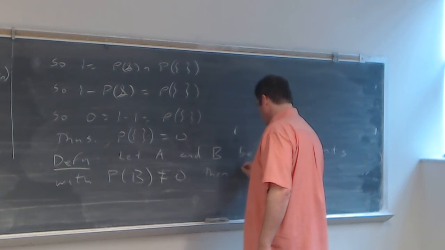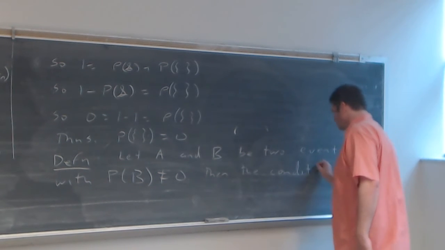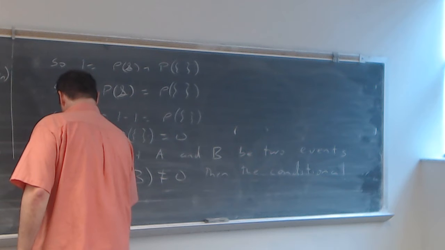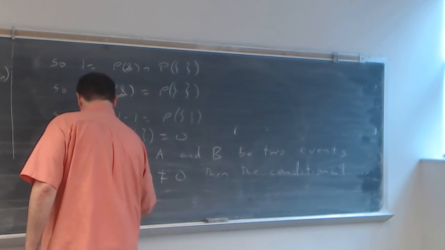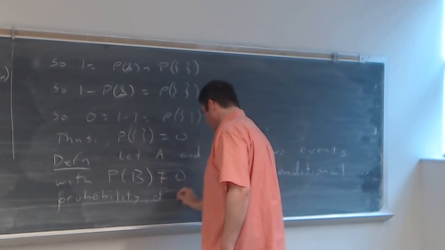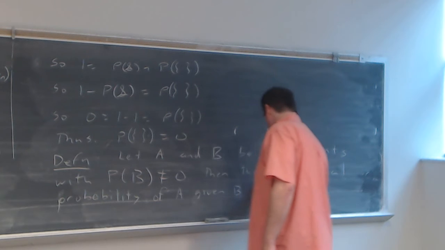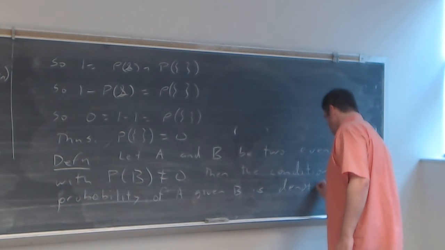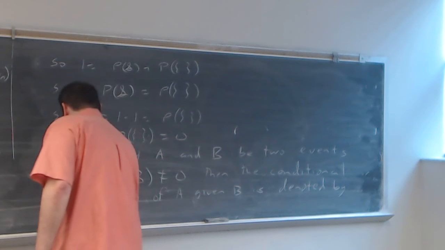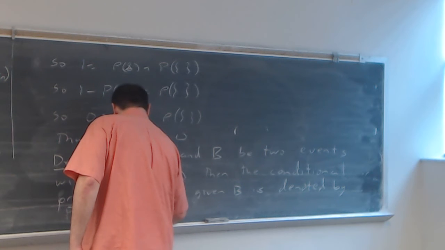Then the conditional probability of A given B is denoted by probability of A with a slash B, and defined by